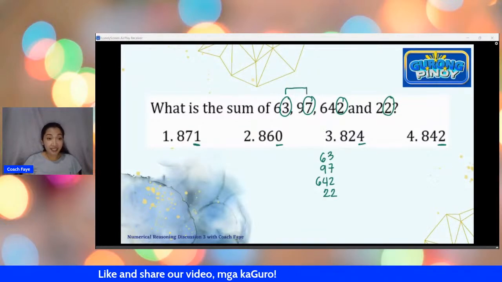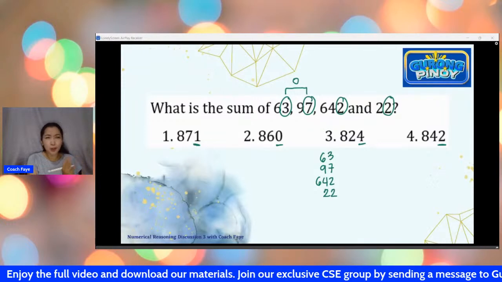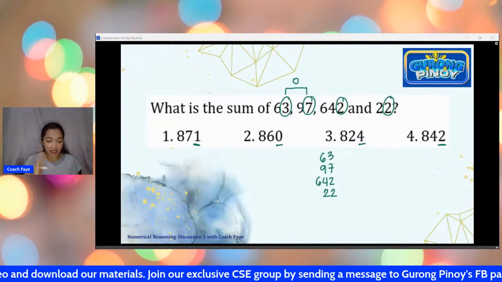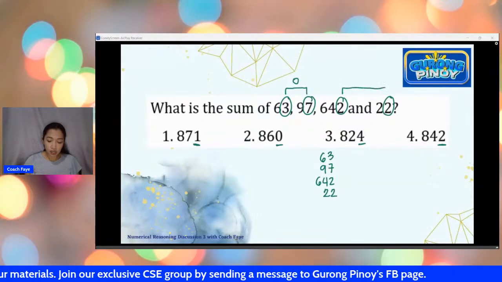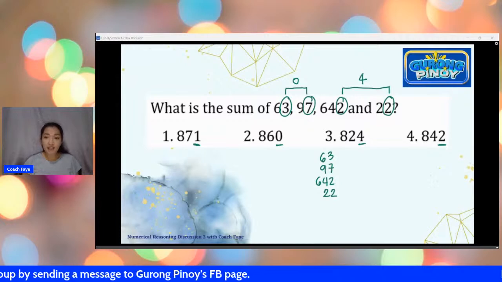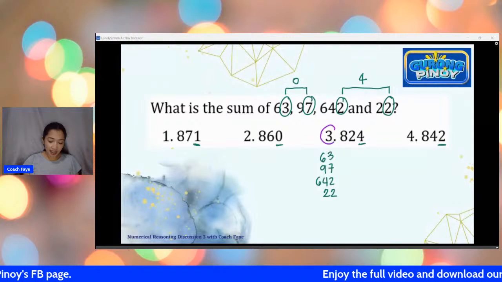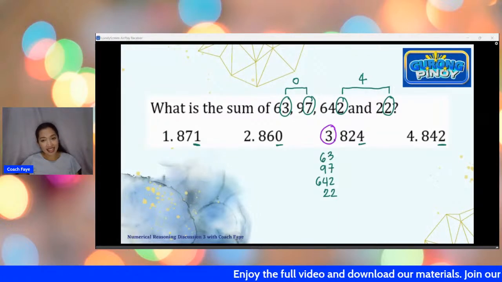This is 10. So, 0 na po ito. Yung sum nila, right? Tapos may carry ka. But you don't mind the second digit, the tens digit. Last lang tinitingnan natin. And then this 2 is 4. And you only have one answer here that ends in 4. So, you have to choose item 3.